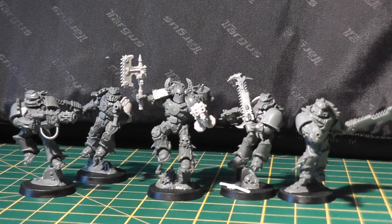And my previous project with the Inquisitorial Warband will be something I can just go to now and then, make a little figure whenever I feel like it. And the War Hounds would be something I would do more on a sort of squad basis, so I'd make a squad up of different types. But I had an idea of doing something a bit different, and that was looking at the